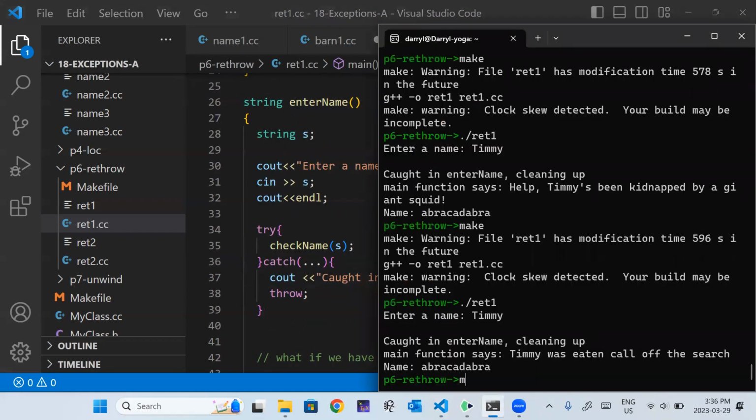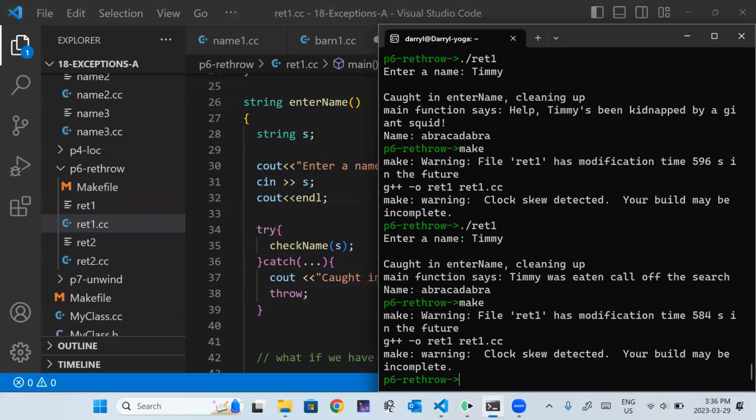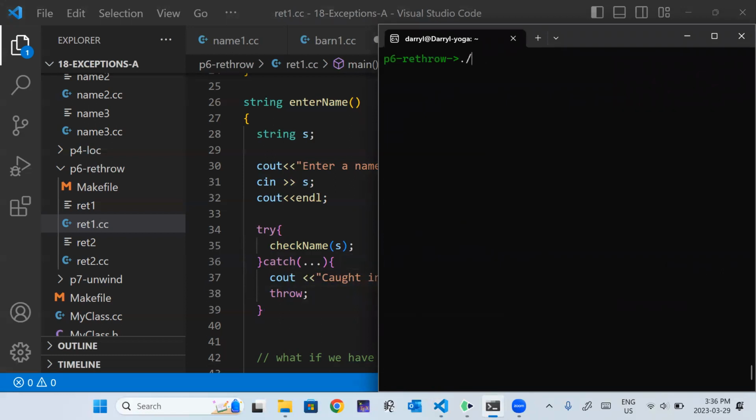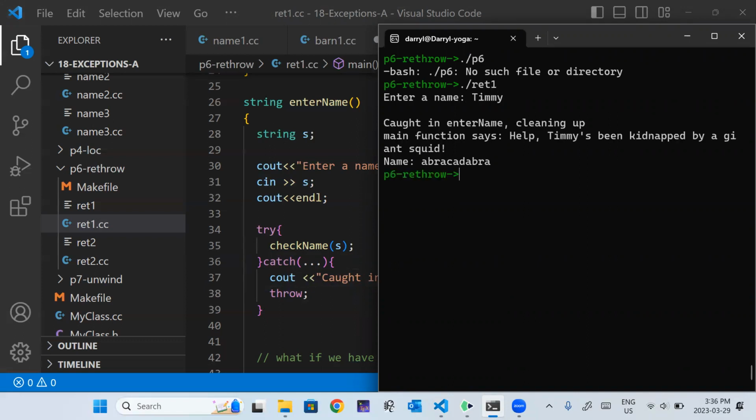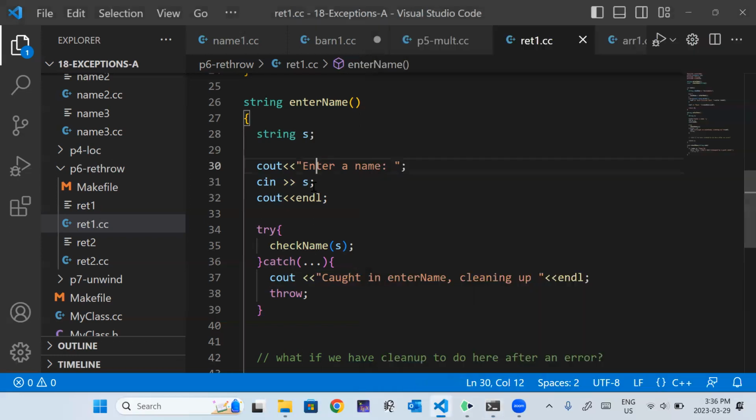So even though I caught something, I didn't know what it was, I can rethrow it and it can get caught somewhere else that actually knows, that's expecting it, and then it can get used up there. All right, so those are all the sort of intermediate try, catch, rethrow.